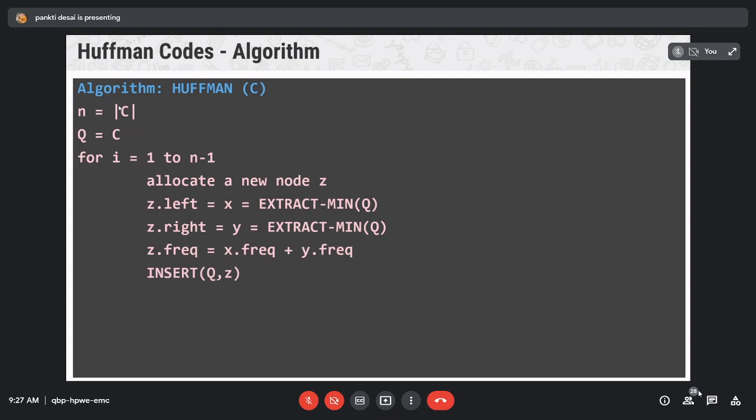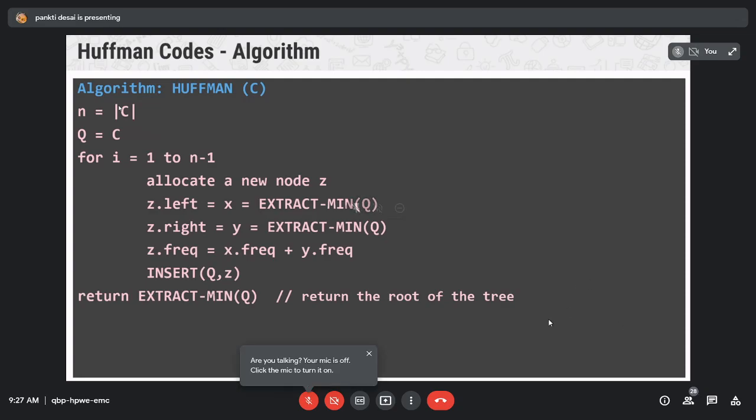And insert(Q, Z). This function will insert the Z node into the priority queue, and return the root of the tree after n minus 1 iterations.